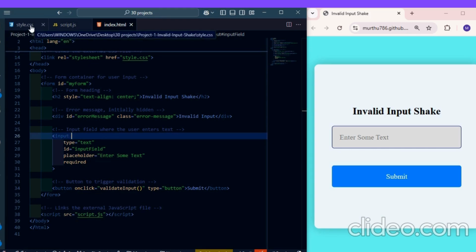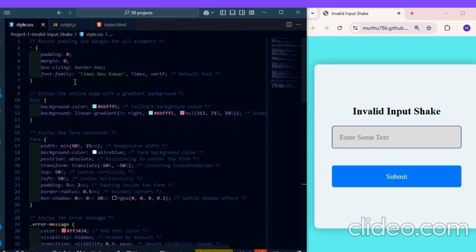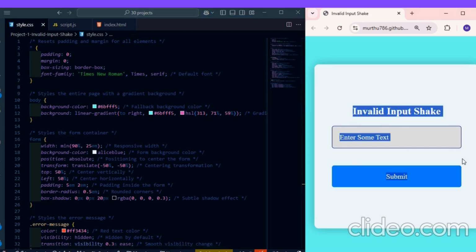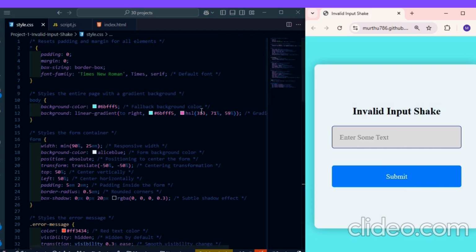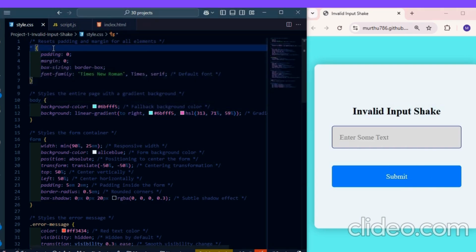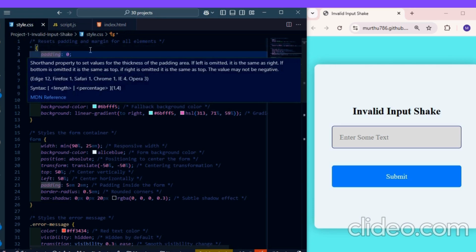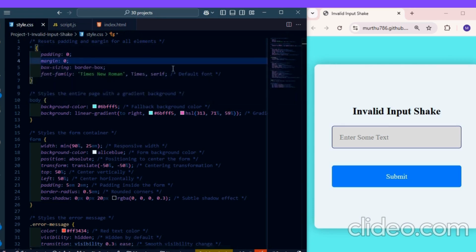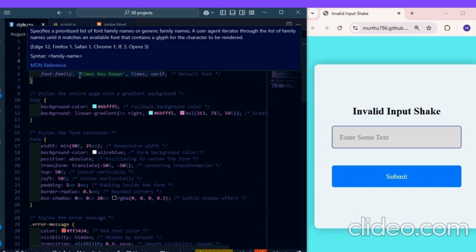Now come to the style, using CSS for adding colors, borders, different types of radius, and some other features whenever we build projects like this way. So adding the colors and formats. Come to reset the padding and margin for all the elements. Star means the universal selector. Open brace, padding is 0 and margin also 0, and box-sizing is border-box. For font family I use the default font and also Times New Roman. It is our choice which type of font we can use in this method.